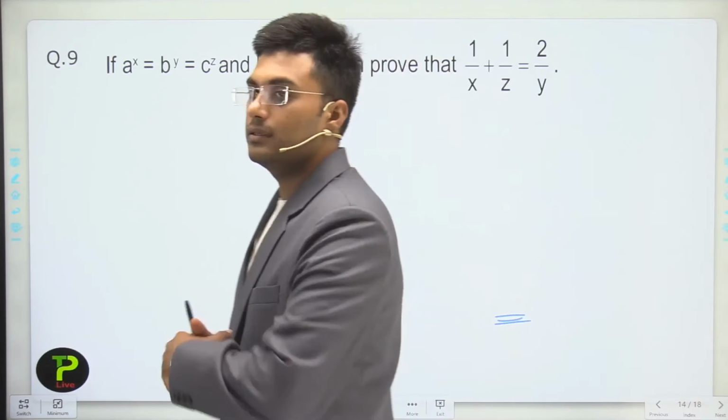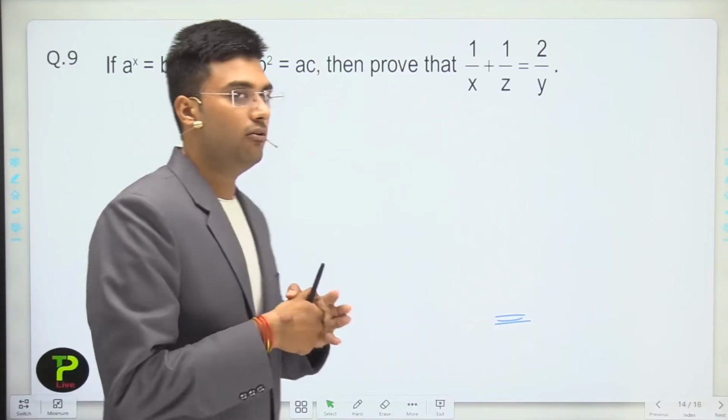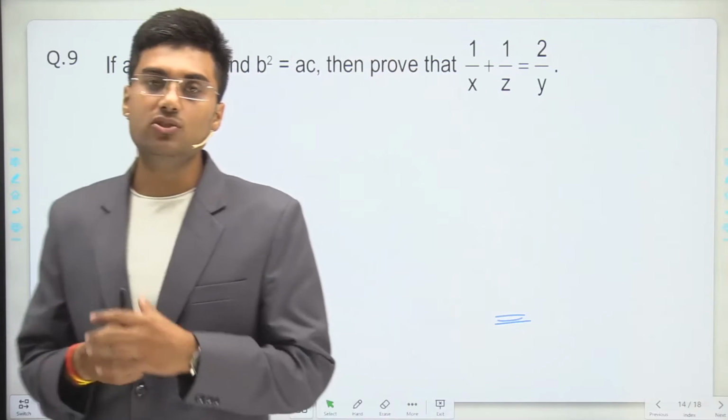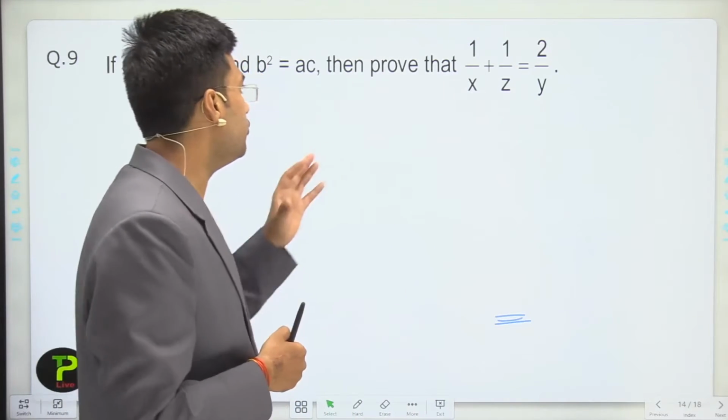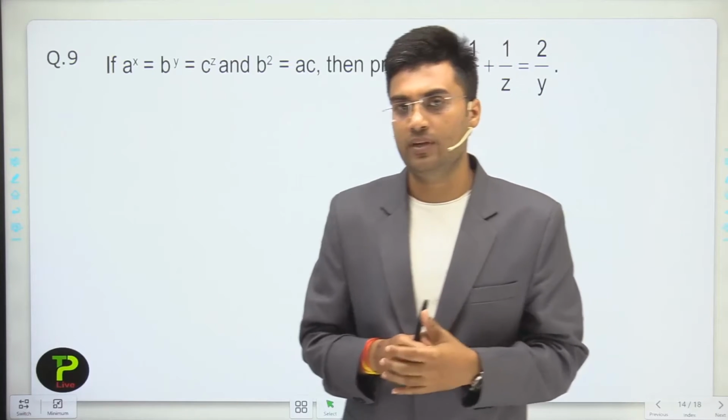Dear students, the next question is, if a to the power x, b to the power y and c to the power z are equal and b square is equal to ac, then we have to prove that 1 upon x plus 1 upon z is equal to 2 upon y. Dear students,